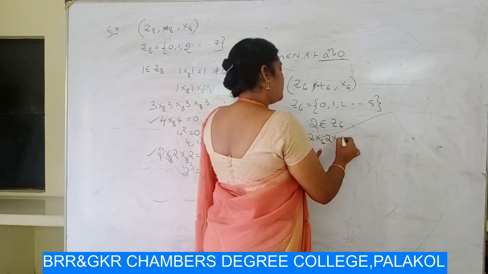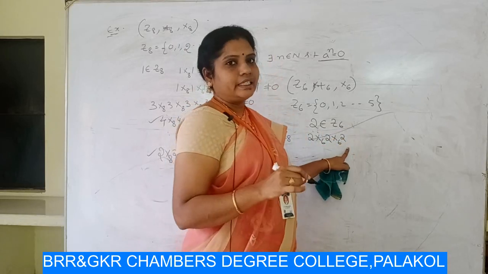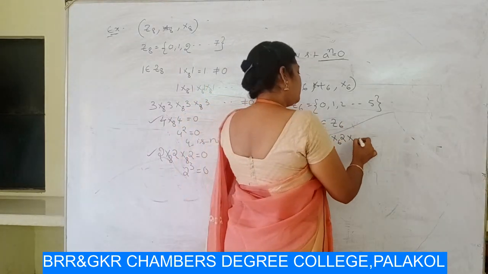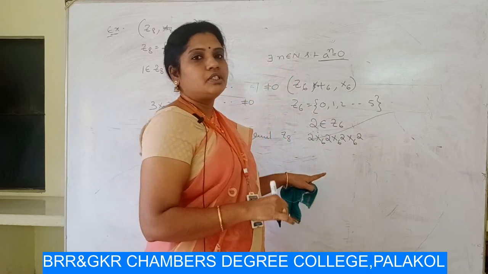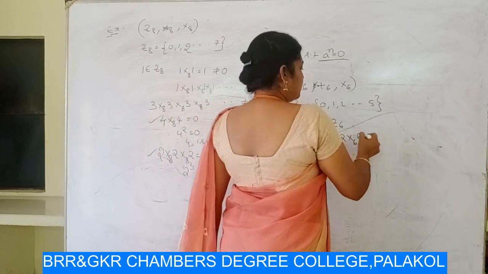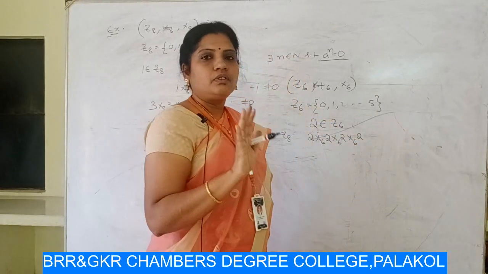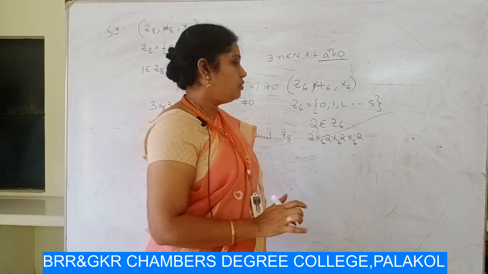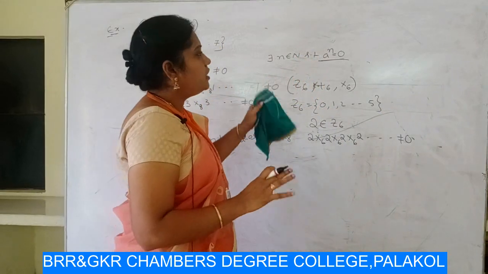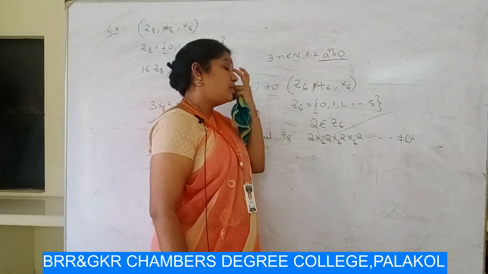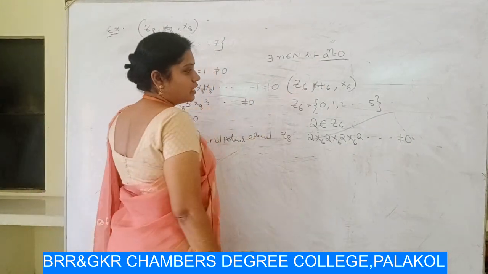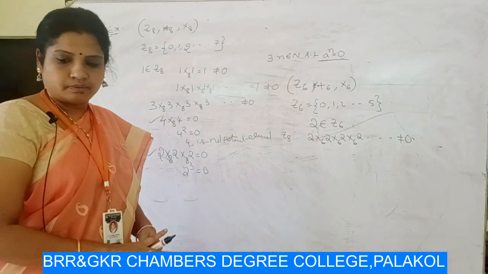So again we multiply with 2. 4 into 2 is 8. 8 divided by 6 we get remainder 2. Again we multiply with 2. 2 2s are 4. 4 divided by 6 we get remainder 4. So we multiply 2, 2, 2, we get remainders are 2 and 4, not equal to 0. Therefore 2 is not a nilpotent element. Similarly all the elements are not satisfying this condition a power n is equal to 0. Therefore this ring Z6 has no nilpotent elements.